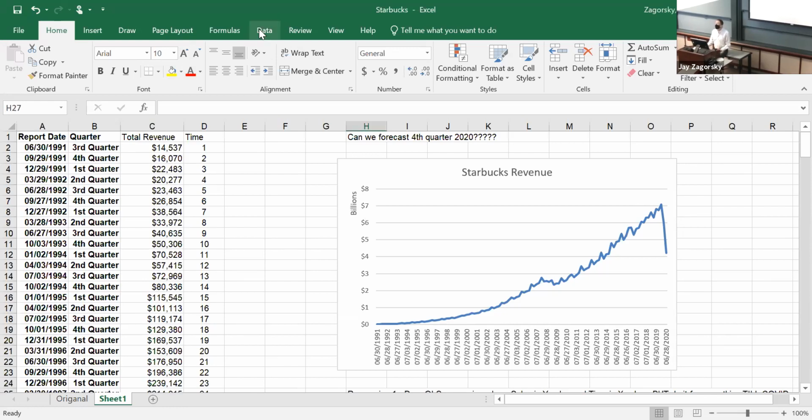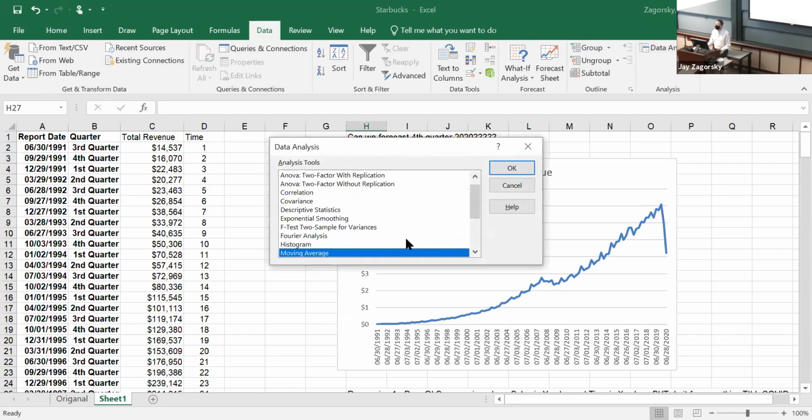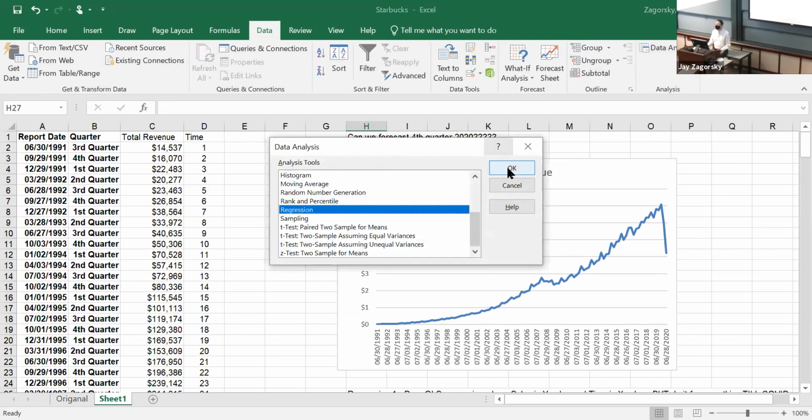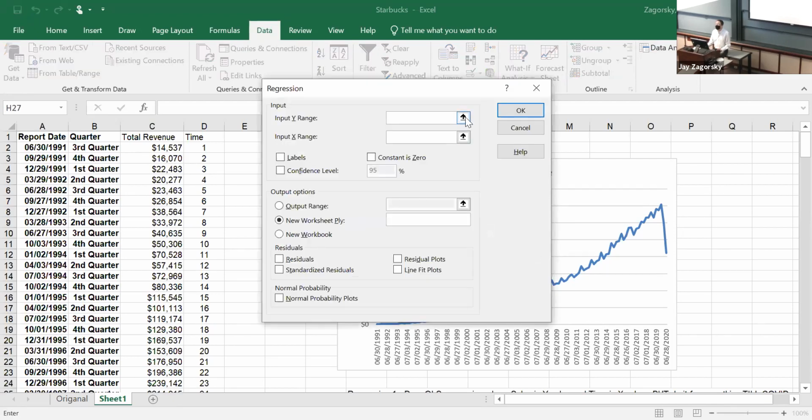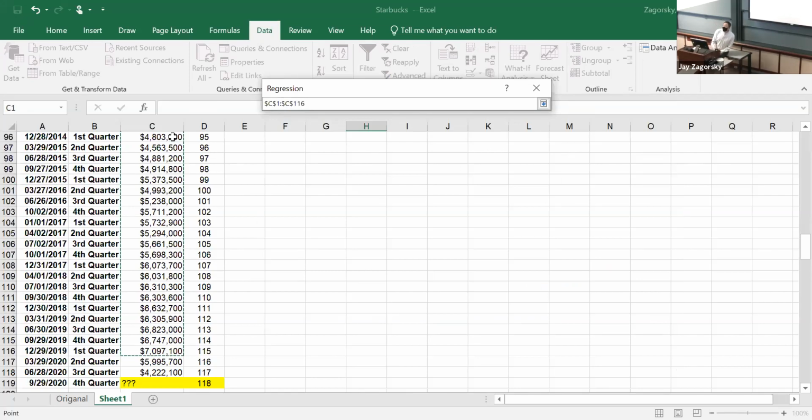All right, so we want to pick Data, Data Analysis, Regression. The Y range is going to be total revenue, C1 down to C116. So I'm not including the COVID data; I'm missing the last two data points.